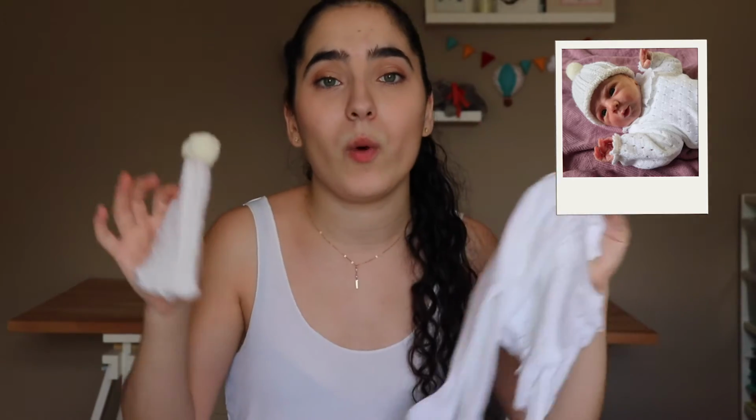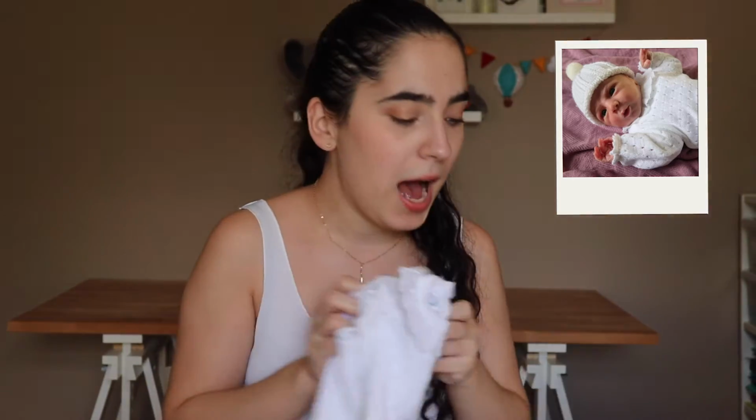And this was her first outfit, so what I did was put it also in a different Ziploc, so this will be ready. I don't have it right now, but there was also a long sleeve onesie, newborn size, going with this. Unfortunately, we weren't able to put the pants on her because they do the heel test, where they cut a little bit of their heel to get out some blood. I'm not sure what test it is. But it's very common, all babies have to get it done, and we couldn't put the pants on her because she was bleeding. So I didn't want the white new pants to get stained with blood, so we actually just put her in a onesie and the top and the hat, and then wrapped her with a blanket,